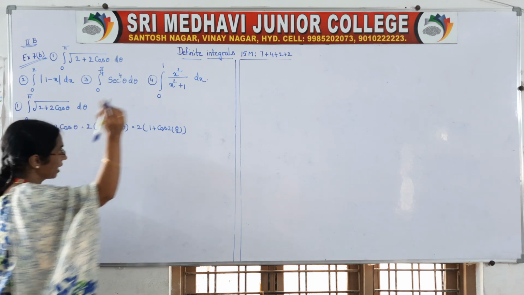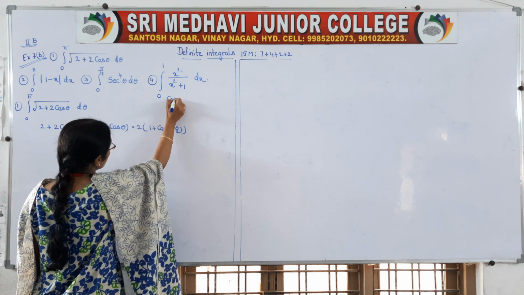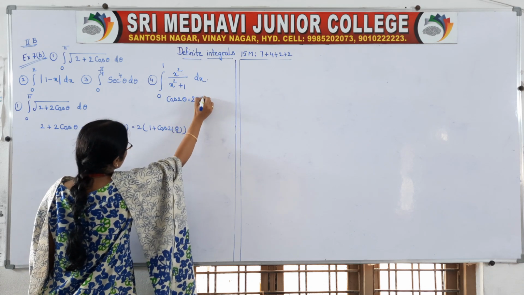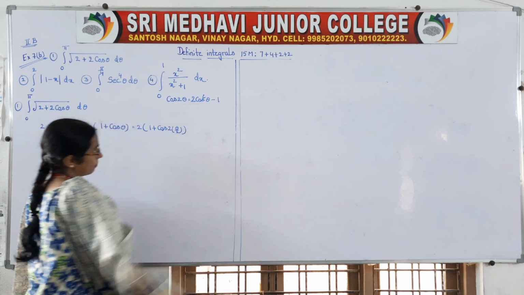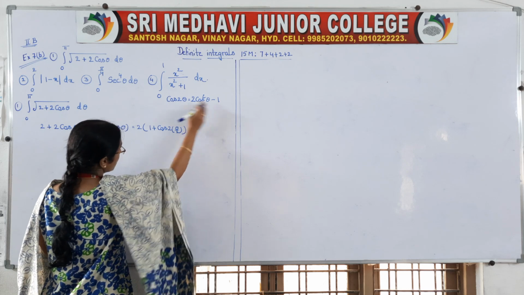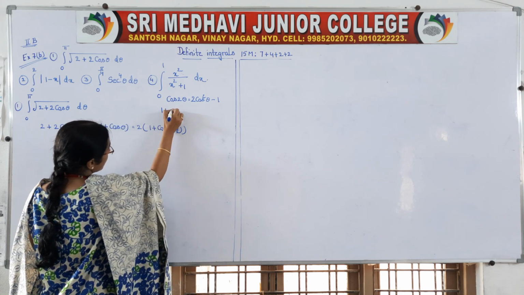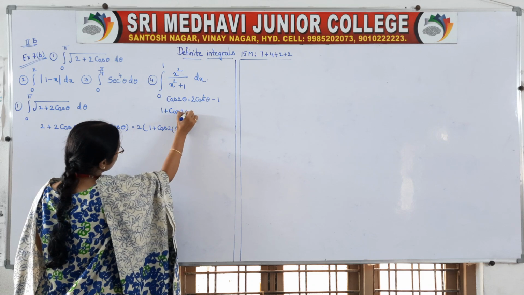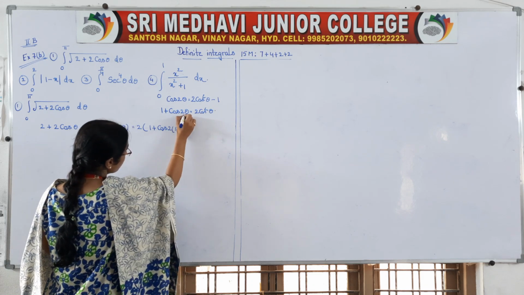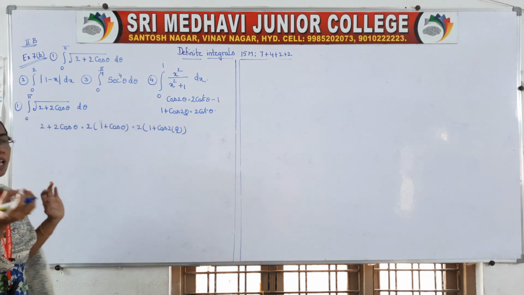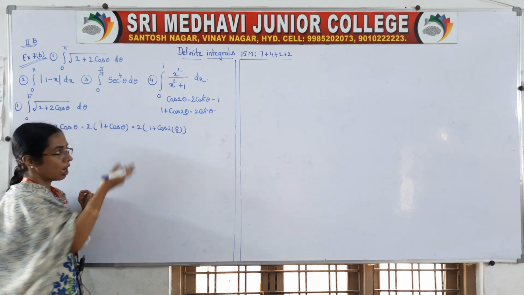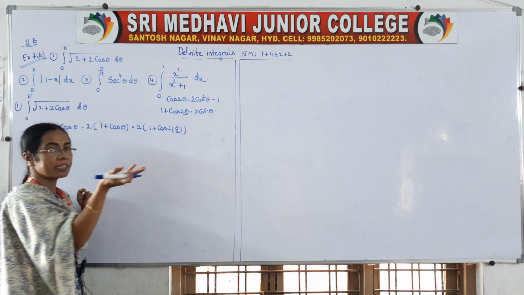Why have we taken it like that? Because there is a cos 2 theta formula: cos 2 theta is 2 cos square theta minus 1. In trigonometry there is this formula. Bring the minus 1 to the other side, then 1 plus cos 2 theta is equal to 2 cos square theta. So if it is 2 theta, it is a formula. Instead of theta, you can have any value, theta by 2 or x or t, anything.